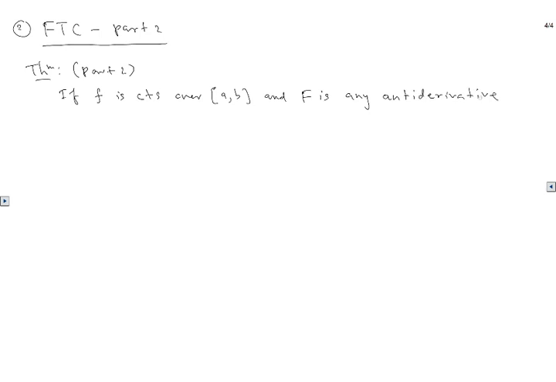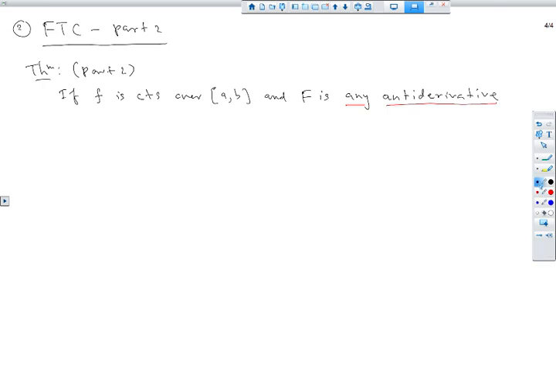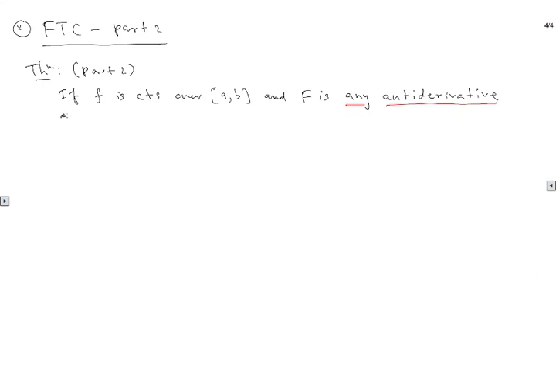Remember, it's any antiderivative. That means you can even ignore the plus C in this situation. You know that when you integrate you add a plus C, but you don't want to do that here anymore, because it says any antiderivative of f on [a, b],